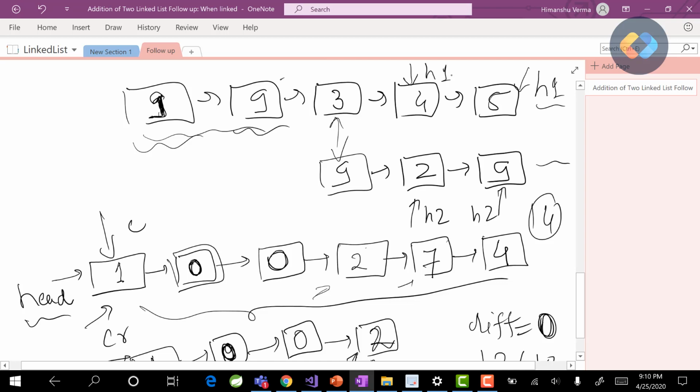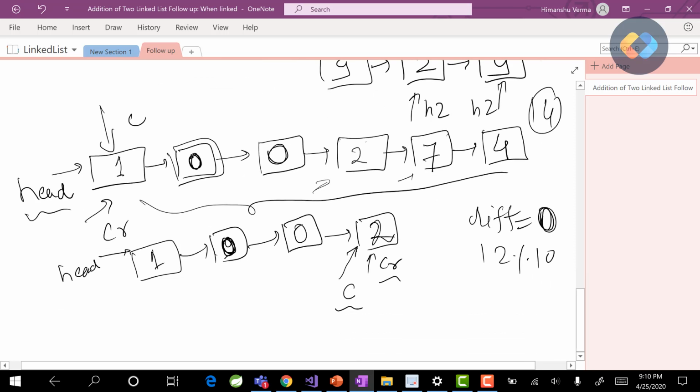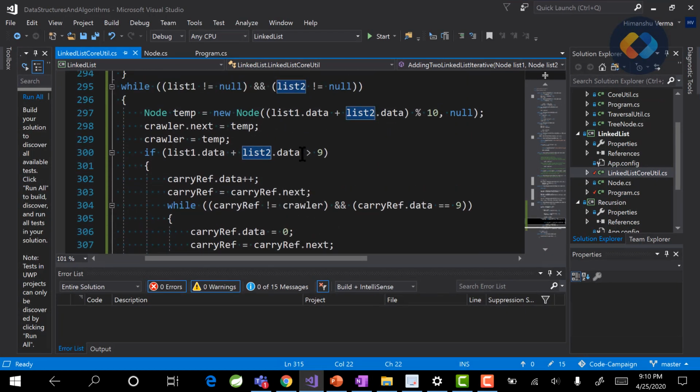Now again we'll do the same operation, so 4 and 2 will generate 6. Let's remove this thing from here. So this will generate 6, and now we have 6 here. So again our loop will come here. It will check, if the sum is greater than 9, no, the sum is not greater than 9.